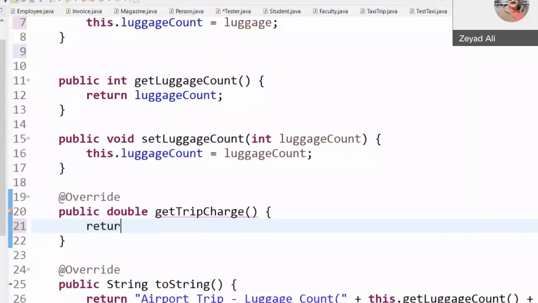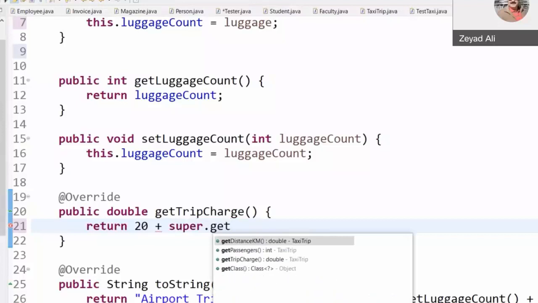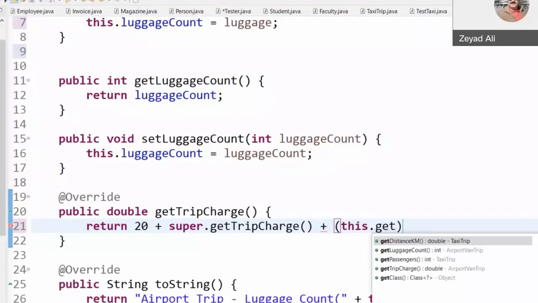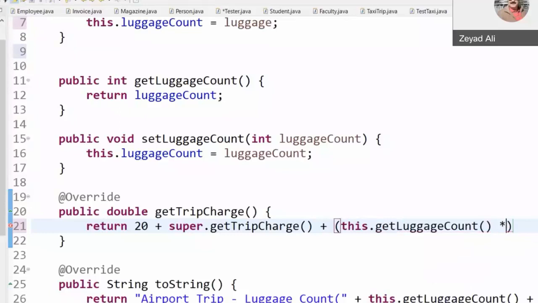I can say return 20 riyals, plus what? super.getTripCharge(). What is super.getTripCharge()? How much you charge in the super class, which is TaxiTrip. I still need it because I'm going to charge you also 4.5 per kilometer. Plus this.getLuggageCount(), I know how many luggages, times 5.